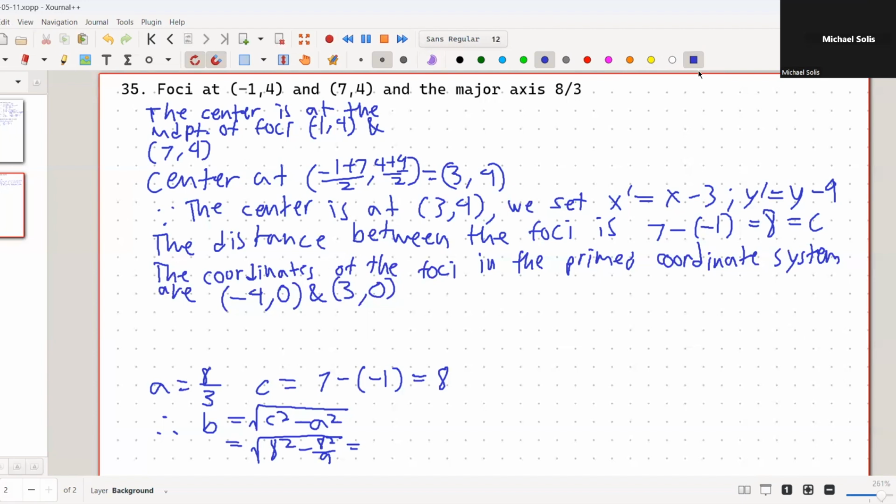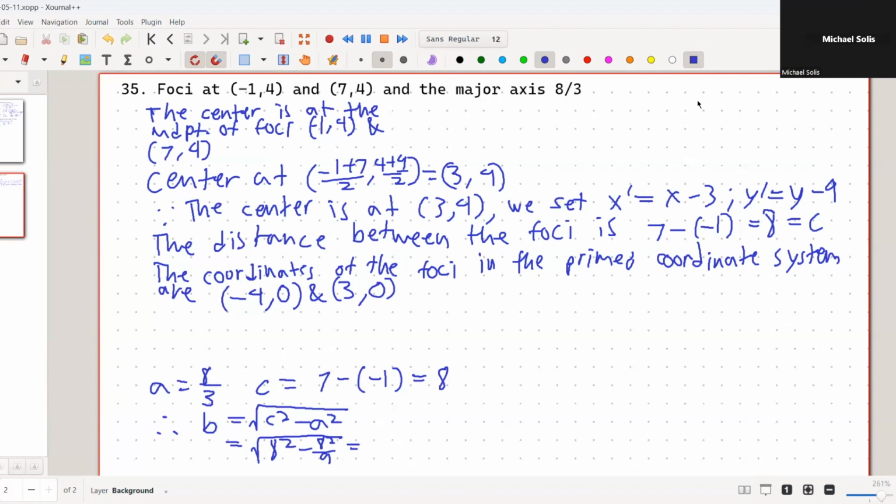Okay. Check lang natin, no? Kasi di ba nag-expect tayo pag yung center, dapat in the new coordinate system, yung location ng foci would be opposite each other, tapos symmetric. So negative 1, pag ginamit natin yung transformation equations, negative 1 minus 3, negative 4, 4 minus 3 is